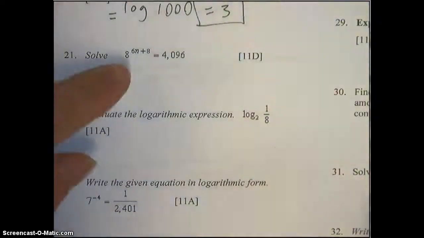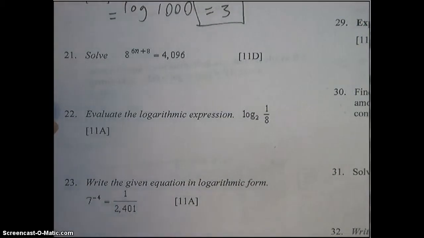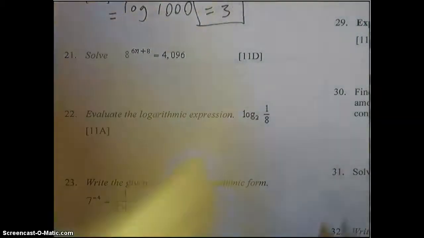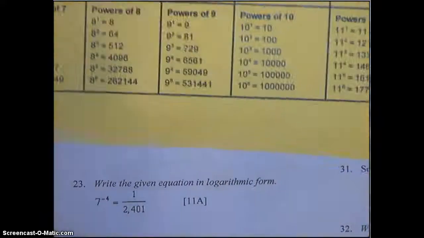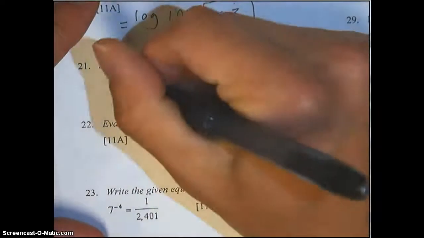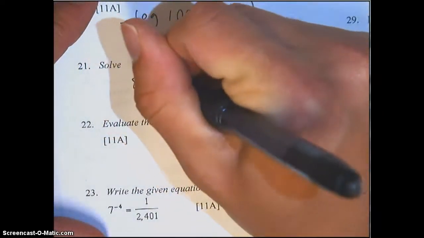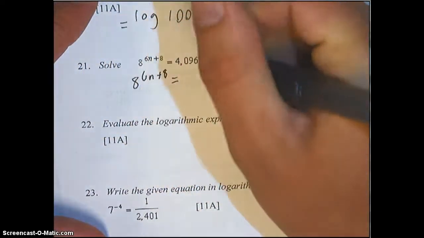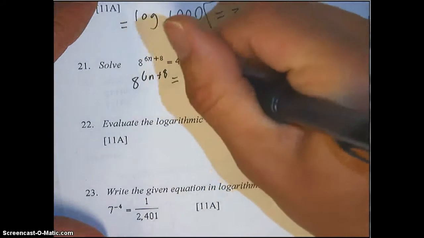4,096. Now, when you're solving these, what you really want to do is get the two bases to be the same so that you can set the exponents equal to each other. So I'm looking at the powers of 8. And I see that 8 to the 4th power is 4,096. So I'm going to change this. I'm going to make this 8 to the power of 6n plus 8 equals 8 to the power of 4,